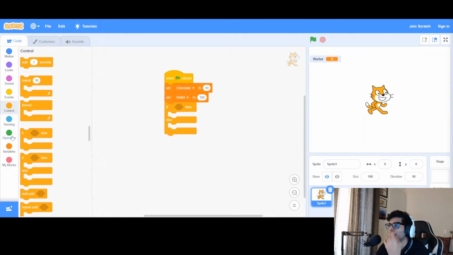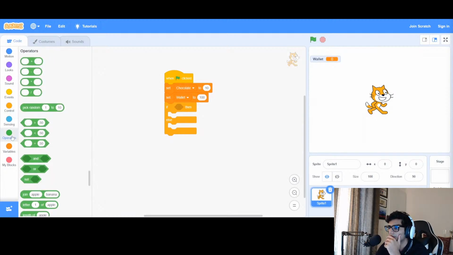हाँ, if इसमें हमें क्या चीज चेक करनी है? कि चॉकलेट का प्राइस वॉलेट के प्राइस से ज्यादा या कम है, यही चेक करना है। ठीक है, तो पहले लेते हैं कि अगर चॉकलेट का प्राइस हमारे वॉलेट के प्राइस से कम है। कंपेयर करने के लिए हम लेस देन साइन यूज करते हैं, ग्रेटर देन साइन यूज करते हैं, इक्वल टू साइन यूज करते हैं, नॉट इक्वल टू यूज करते हैं, काफी सारी चीजें यूज करते हैं।